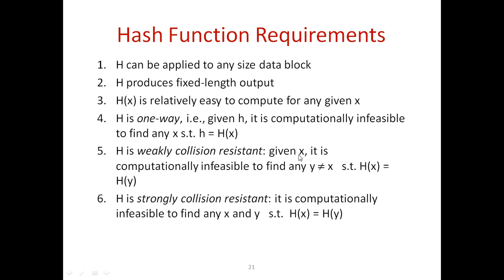It means that given x, a plain text message, it is computationally infeasible to find y not equal to x with h of x equal to h of y. What is the meaning of this statement? h of x equals h of y. It means there are two data blocks, two messages, and on these you apply the hash function. Let's assume that the two hash codes are equal. Though the hash codes are equal, the messages are not equal. That is the meaning of weak collision resistance. y not equal to x.